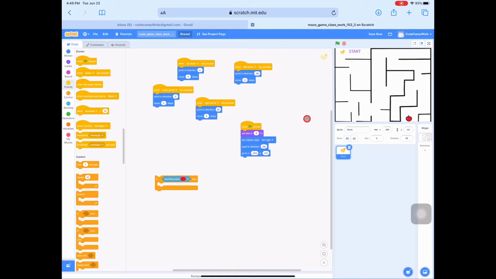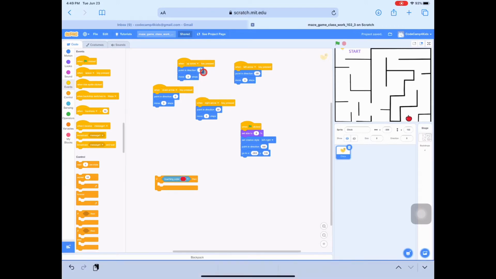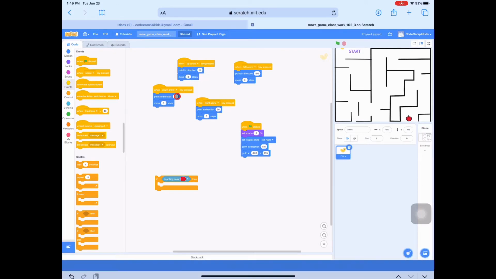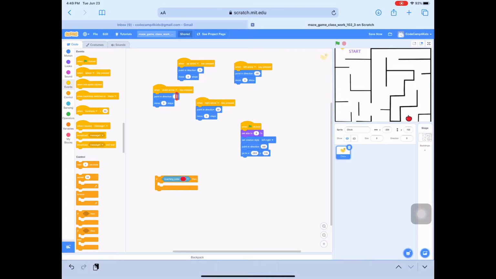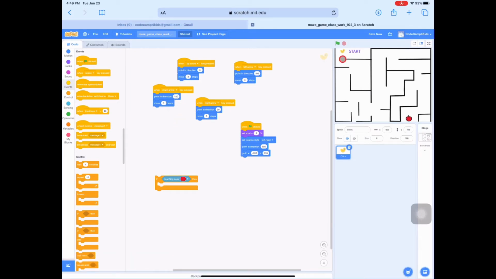Up arrow, up, down, right, and left. So if you can just try this out. Okay, I have changed some point in direction. Let me do for up arrow, it's fine, 0. For down arrow, it should be 180. Okay, and so if I try my chick, I can see that it can go to left, right, up, and